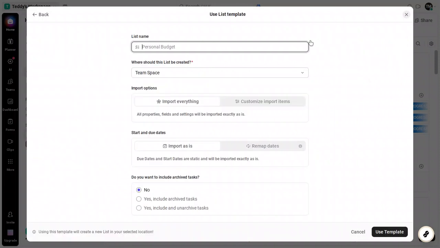Remember, templates are flexible. Add tasks, tweak fields, and adjust views until the layout mirrors your routines. A clear naming system and a few consistent fields, like due dates and categories, will keep your setup tidy and dependable. That's it. Your personalized, organized ClickUp space is ready